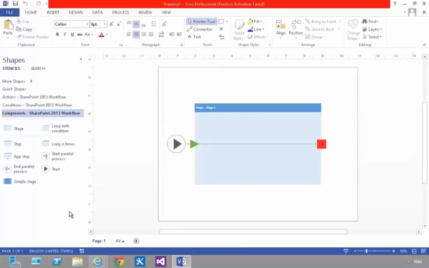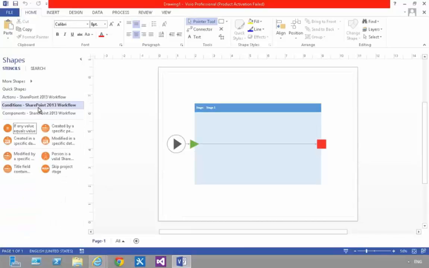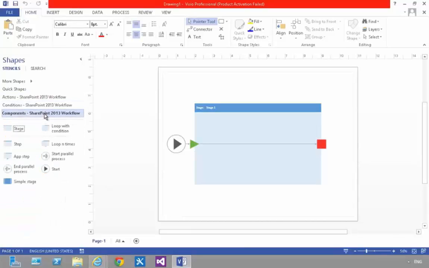This will bring in all the stencils, and you'll notice we have actions, conditions, and components. These are all designed specifically for 2013. In fact, you cannot use the shapes for 2010. You must use the ones for 2013. Now we're going to build a very simple business process, something that's not even practical, but just to focus on